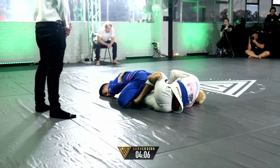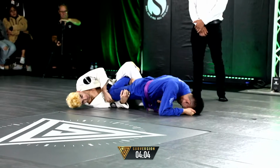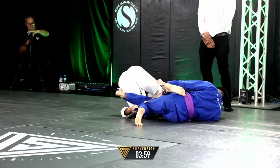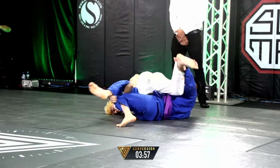Regan going for that footlock. He likes it, doesn't he? Wait to hear the cracking. No. But that's 2 footlock attempts now. Are the referees and the judges seeing that as...